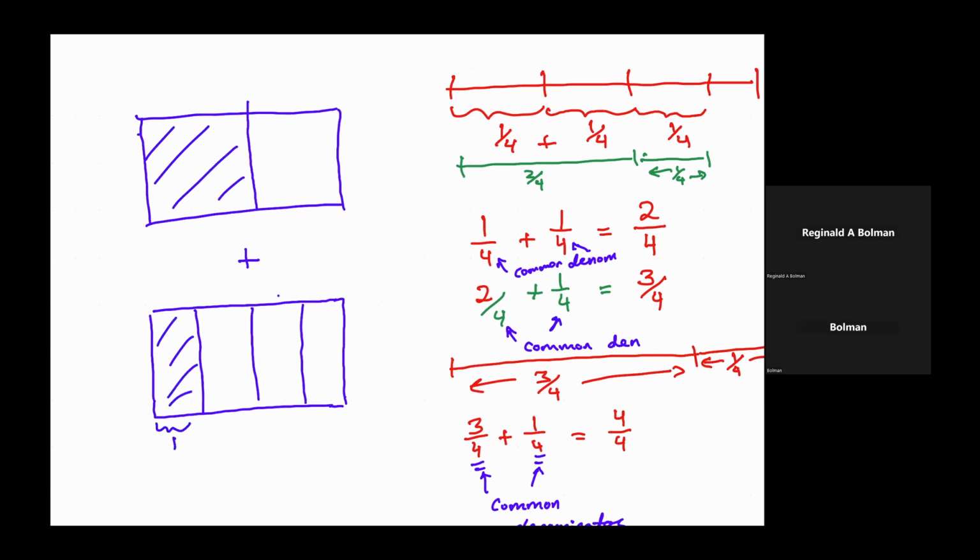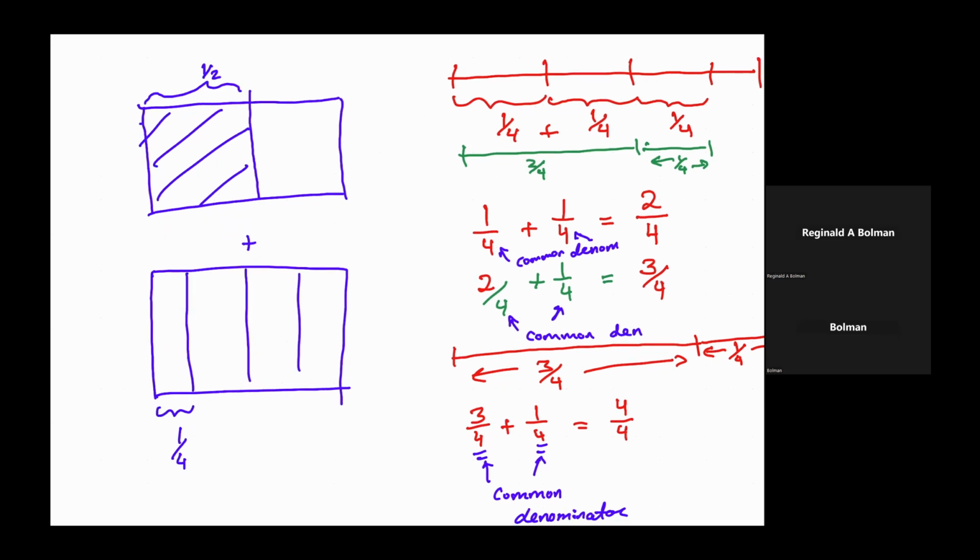Here's my 1/4 piece. Here's my 1/2 piece. Okay? And if we were to add them together, I would just take this 1/2 piece and put it in a stack with the 1/4 piece, right? Now, if we actually wanted to make sense of that number, though, we would need to take our candy bar